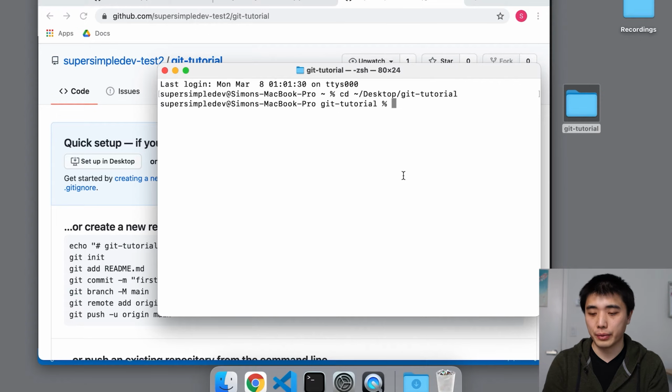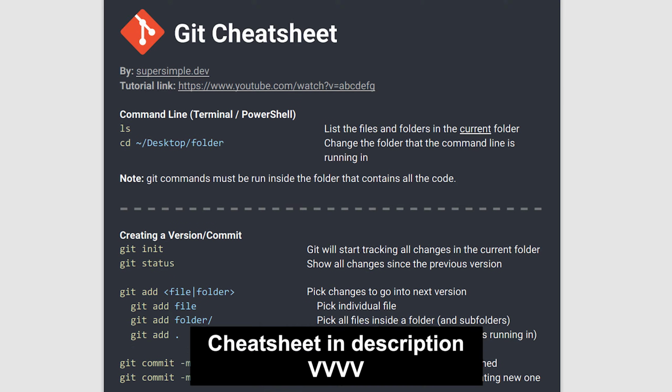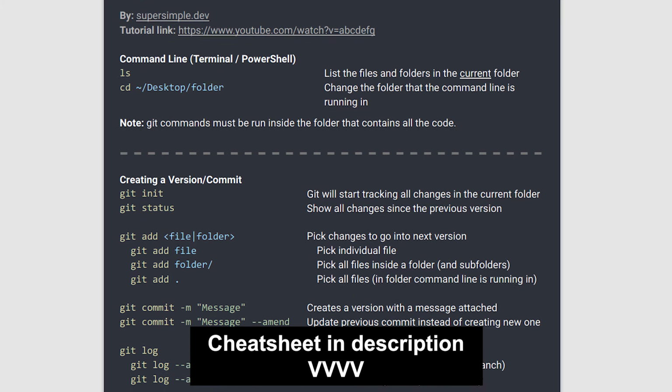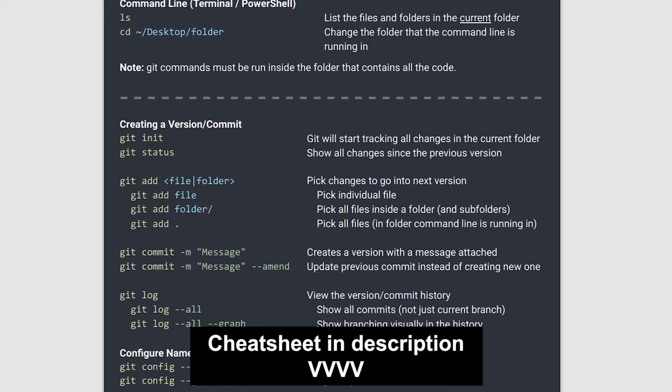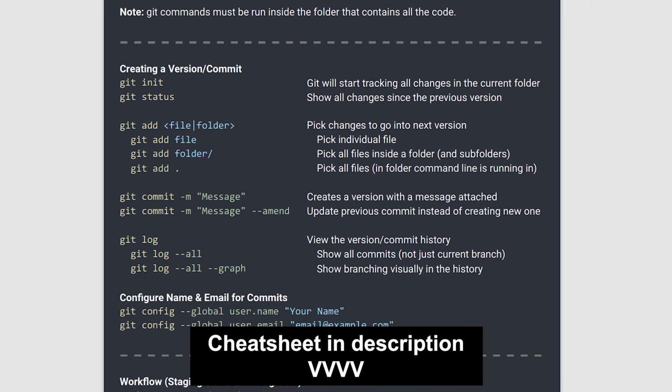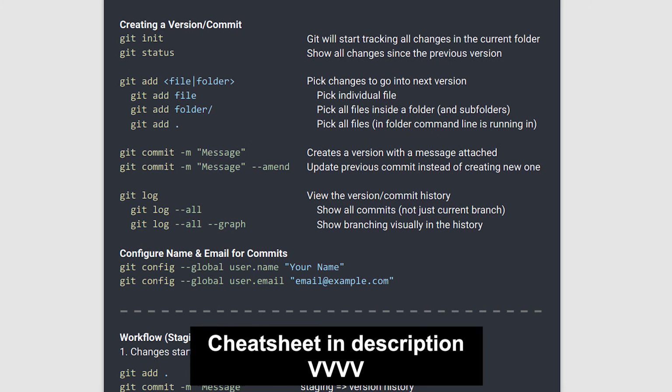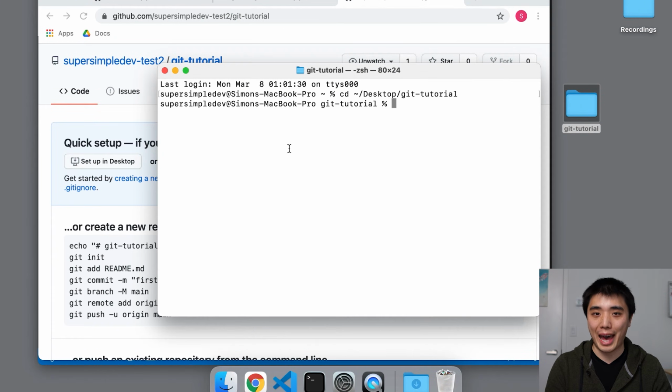The next step we need to do is add a link between our remote repository and our local repository. And we can do that with a git command. As a reminder, don't worry about memorizing the git commands I'm going to teach you, because all of the commands in this tutorial are in a cheat sheet in the description below. We're going to use a git command to add a link to our remote repository on GitHub. The command for that is git remote add.